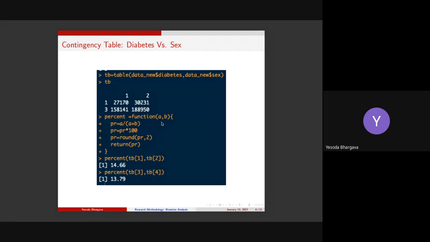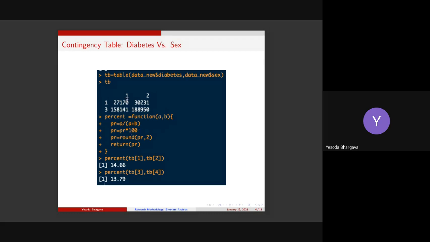So I create a function in R. In R, a function is created like this: this is the function name, then you put the command function, then you list the variables, and then you show what kind of operations are being called. So if I say A is the numerator and B is the non-diabetic case. So A is a diabetic case, B is a non-diabetic case, and I want to understand the diabetic case out of the total population. Then this will obviously be A upon A plus B. Why have I written B? Because this is the non-diabetic, so this becomes A, this becomes B, and then I can easily compute.